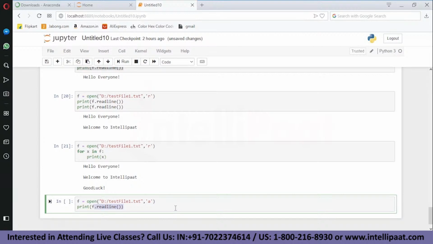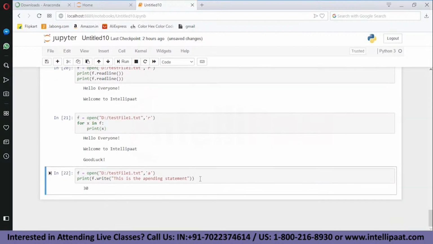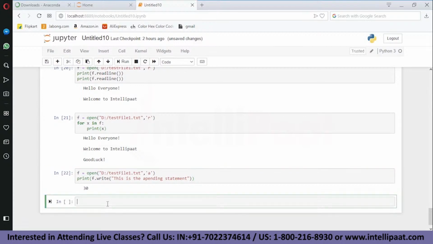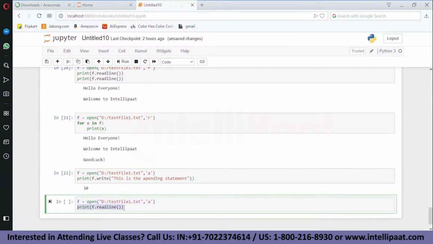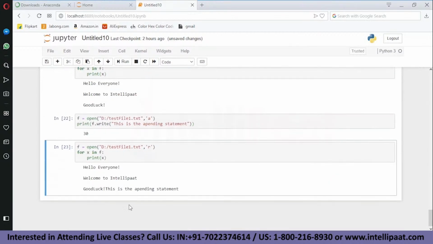and f dot write whatever you want to write. This is the appending statement. Execute it. Fine. Now if you will check the file, let's check the existing file. Open it in a read mode, for x in f, print x, execute it. So as you can see, this is the appending statement got added at the